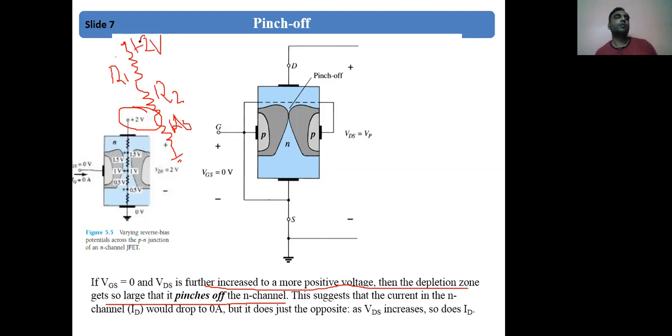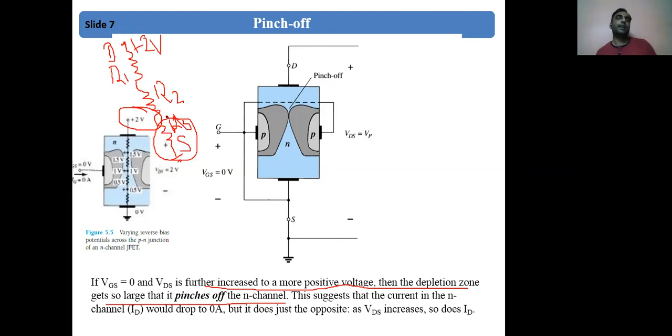Okay, there is a 2 volt supply applied. Now this is the drain where I have connected positive, and my ground is the source. For an N channel there will be resistance like this. Now what will be the voltage drop across this R3?